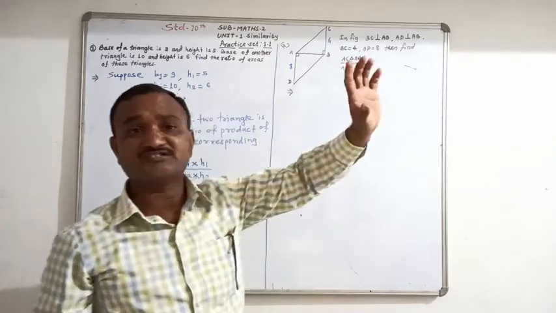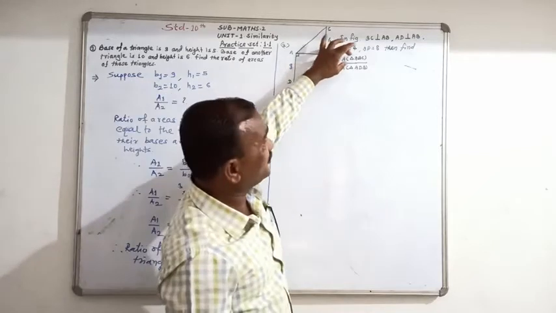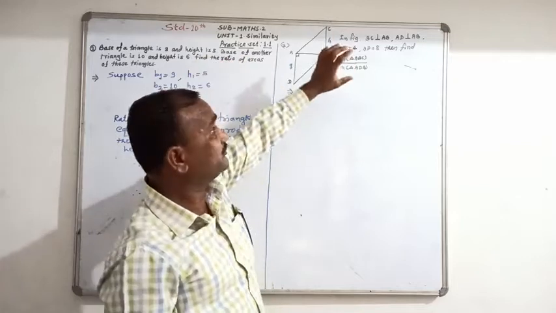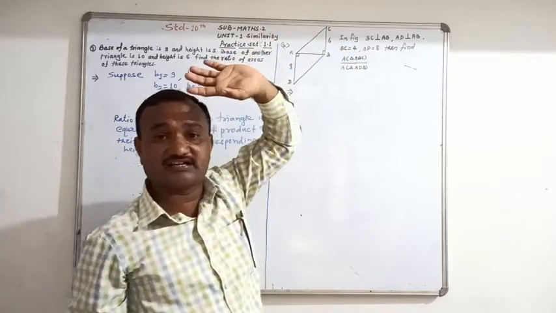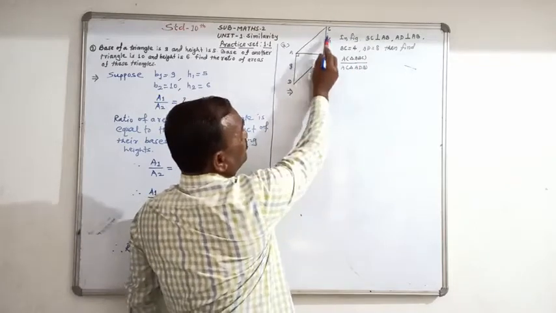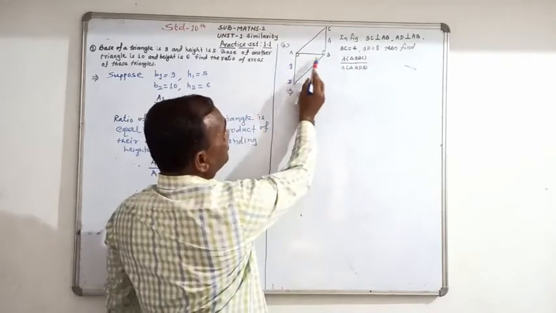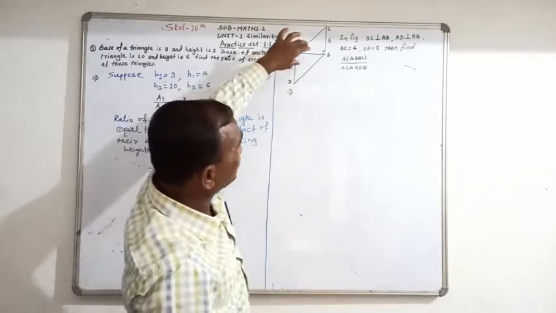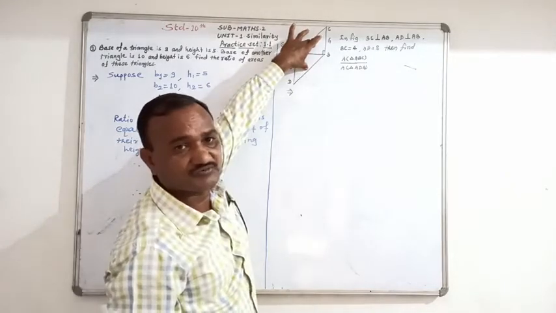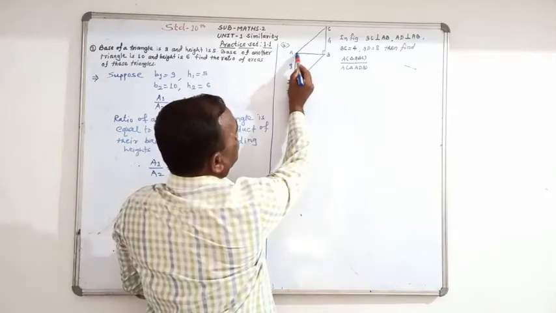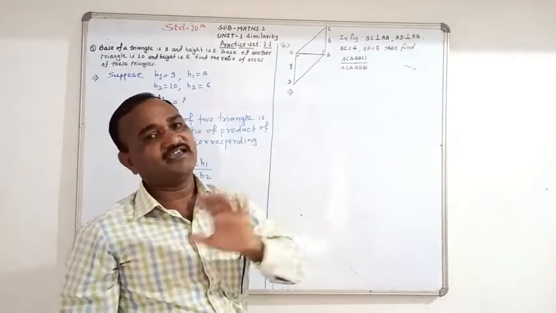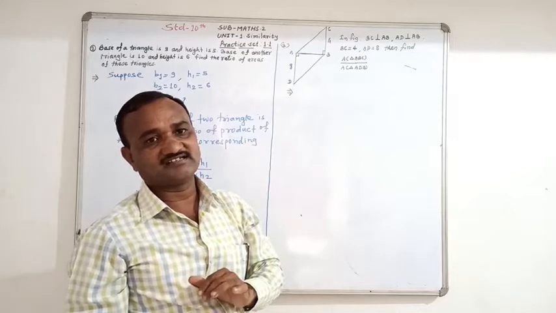So you know ratio means division. So we should find the ratio of areas of these two triangles. For solving, you can find where these two triangles are in the figure: triangle ABC and triangle ADB. Triangle ABC is the upper one and triangle ADB is the lower one. Look at these two triangles, there is one side common between these two. Which one is it? Side AB. So that means these two triangles have a common base, equal base, same base.